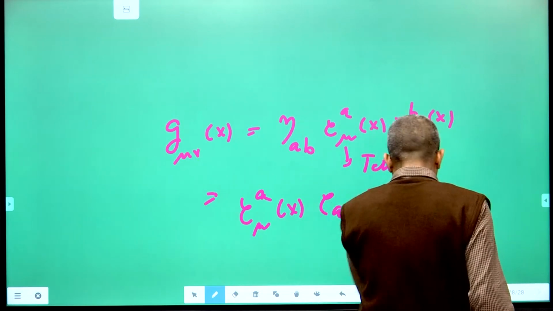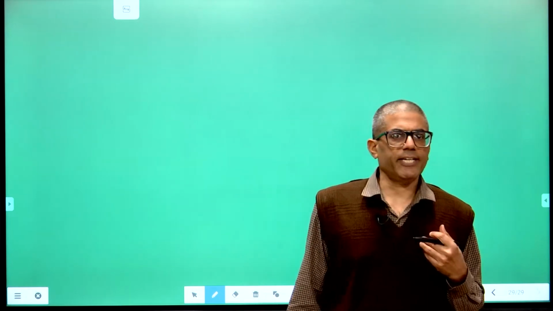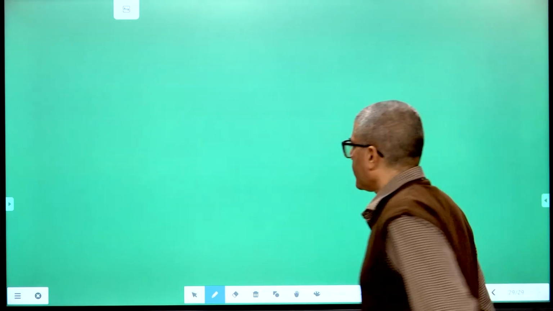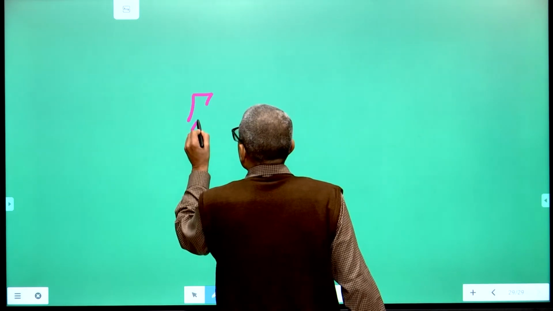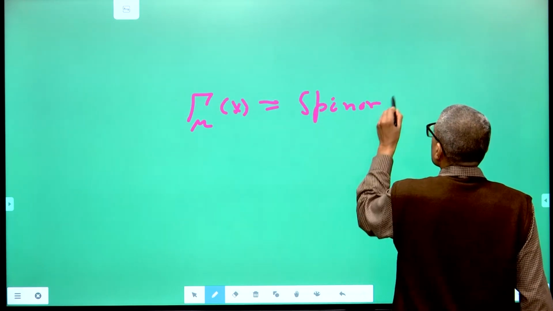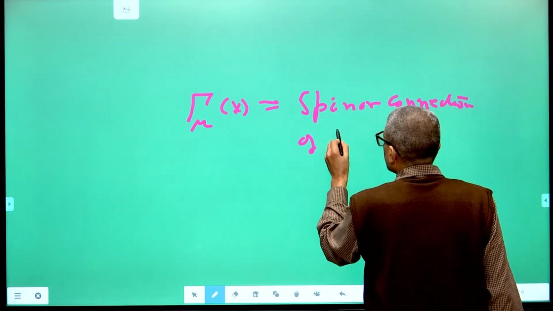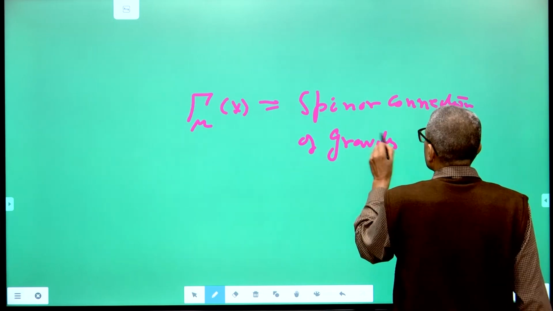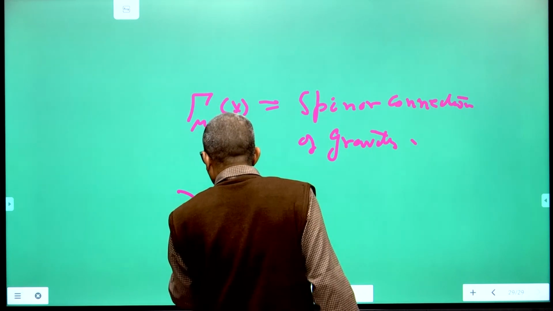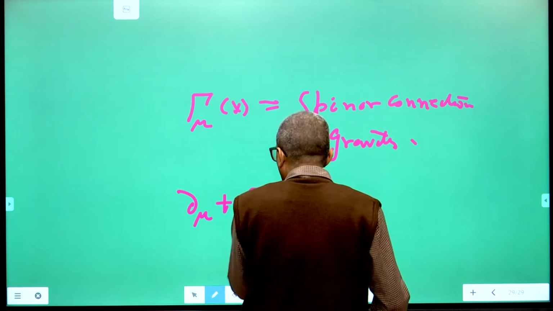Then you can ask, I want to include gravity, so that you get a diffeomorphism theory of the Dirac equation in an electromagnetic potential, maybe even in a gauge potential. So I use the same formalism as for gauge groups. I introduce a gamma mu term. Gamma mu x is the spinor connection of the gravitational field, the spinor connection of gravity. So this replaces the A mu, the gauge potentials. I replace dou mu by dou mu plus gamma mu x. This is the covariant derivative.